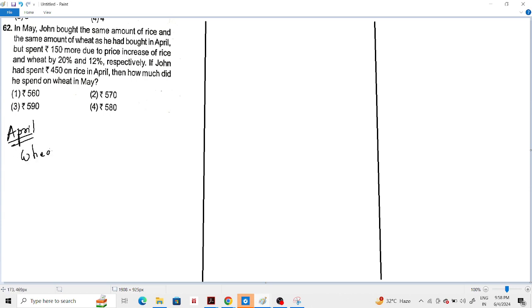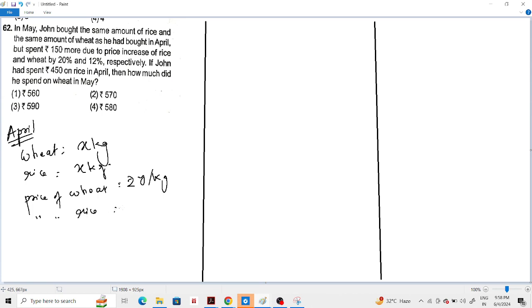আচ্ছা হুম হুইট এক্স কেজি নিচ্ছি, রাইসও এক্স কেজি নিলাম, ঠিক আছে? প্রাইস অফ হুইট হচ্ছে রুপিস ওয়াই পার কেজি, প্রাইস হচ্ছে রুপিস জেড পার কেজি। কেন স্যার ওয়াই প্রাইস? কারণ প্রাইসগুলো তো আলাদা, মানে হুইটের পার কিলো কস্ট আলাদা, রাইসের পার কিলো কস্ট আলাদা। আচ্ছা, টোটাল কস্ট অফ হুইট কত হবে? এক্স ওয়াই। টোটাল কস্ট অফ রাইস কত হবে? এক্স জেড।